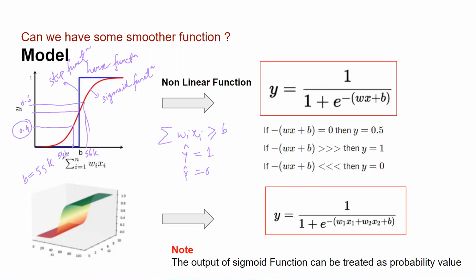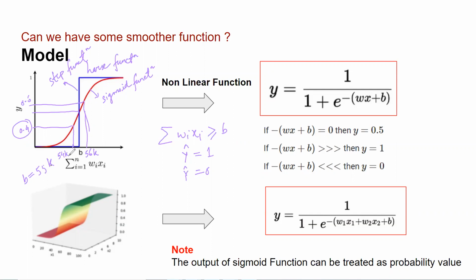Till you have an x value which is lesser than the threshold, your output will always be 0. The moment you cross the threshold, even by a slight degree, you will still have your y cap as 1. This doesn't make sense, at least to me. We can't say that a person who has 49,999 rupees as income can't buy a car, but a person with 50,001 rupees can buy a car. If we follow the perceptron algorithm, that is the inference we are getting.